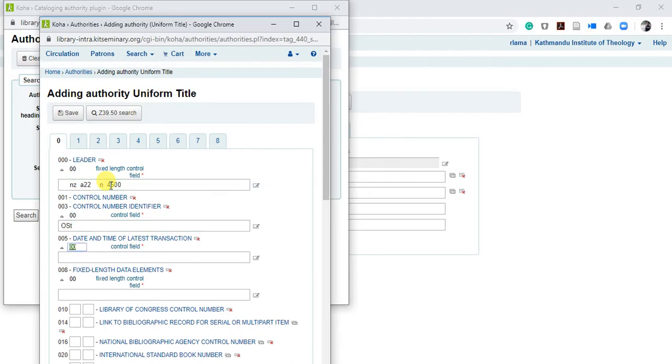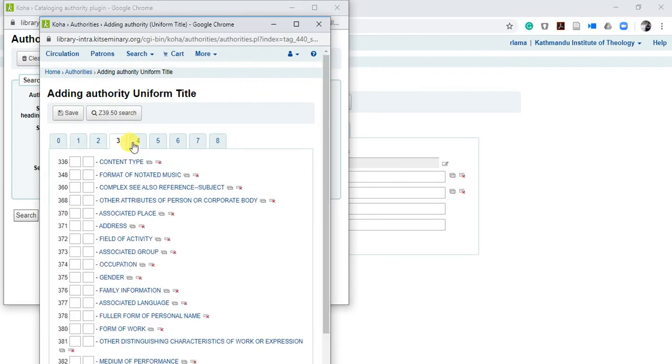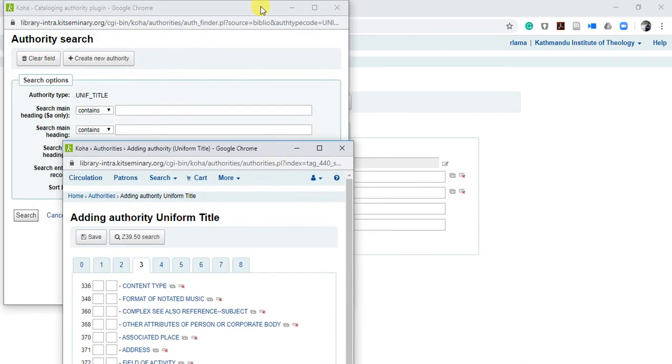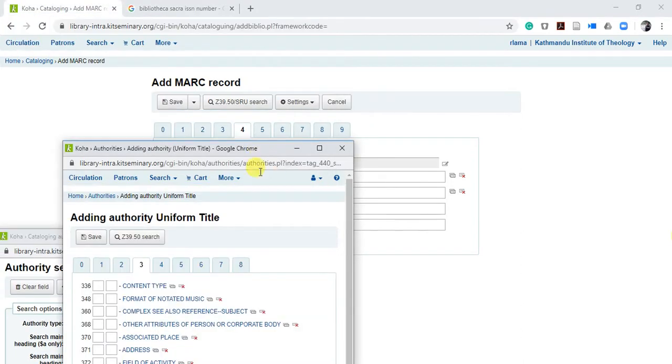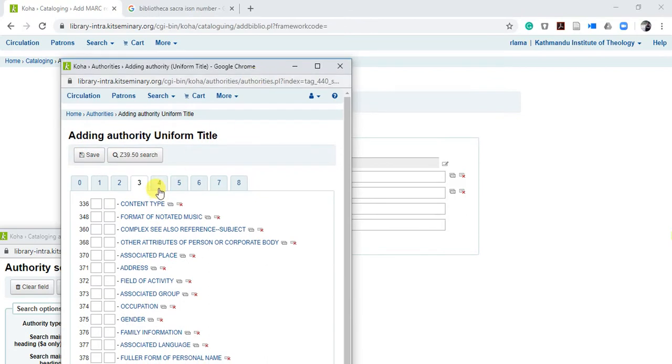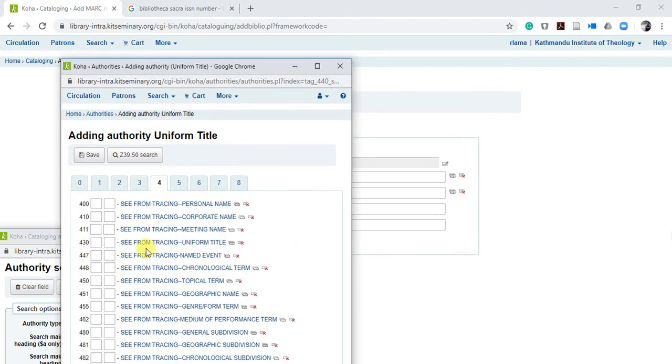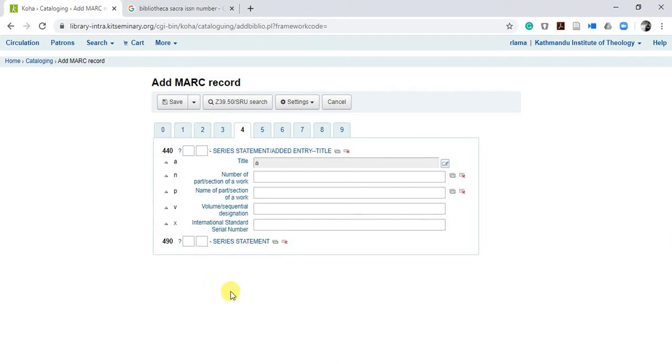Okay, say next. Okay, tab and go to, which number is that? It is 440, 490. Okay, so for me also it is not there. Let me not add it, so it's not giving.